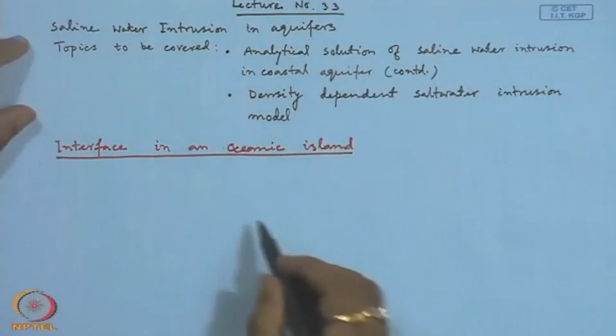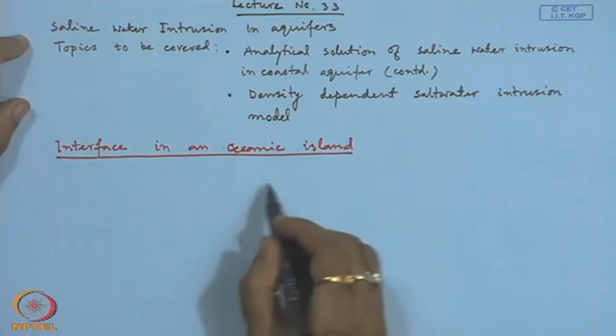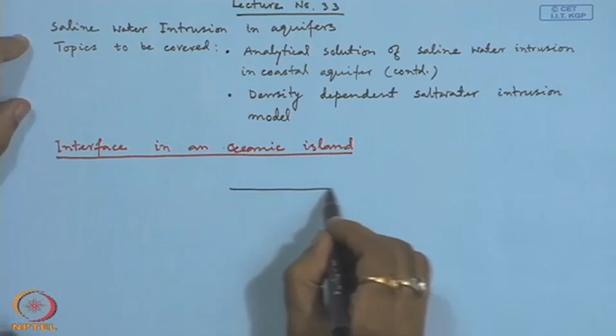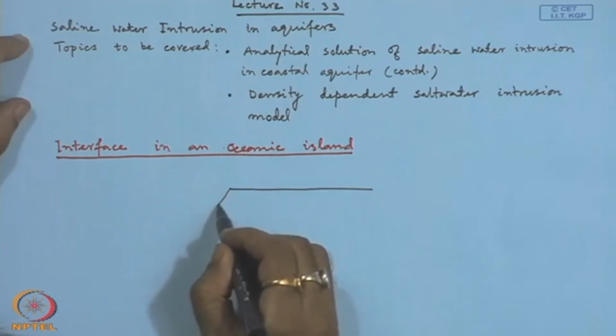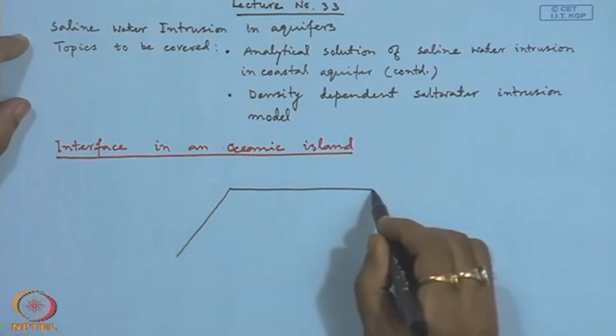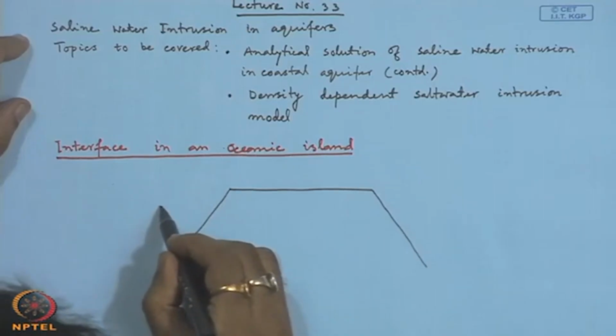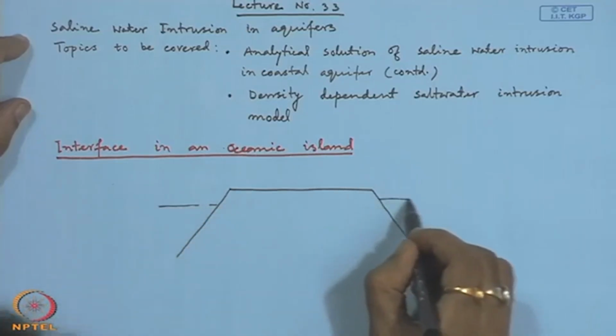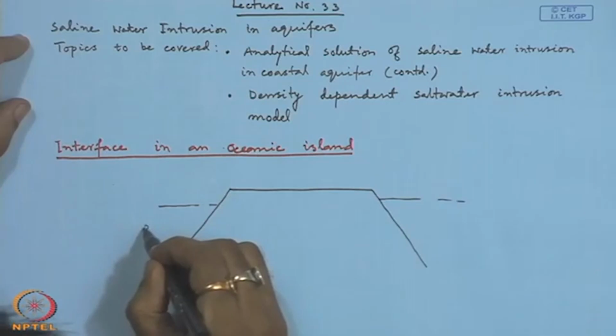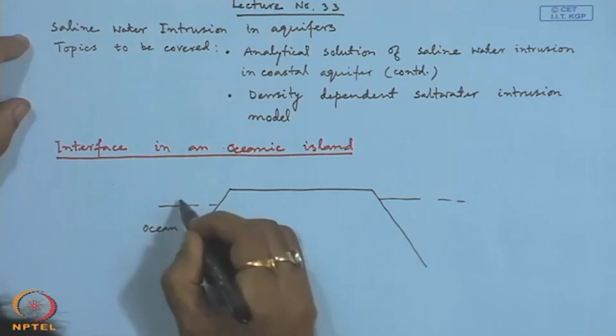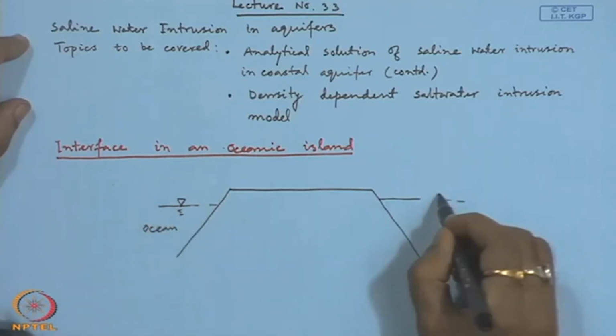So, in this one, let us say we have an oceanic island which is surrounded by ocean from all the sides,